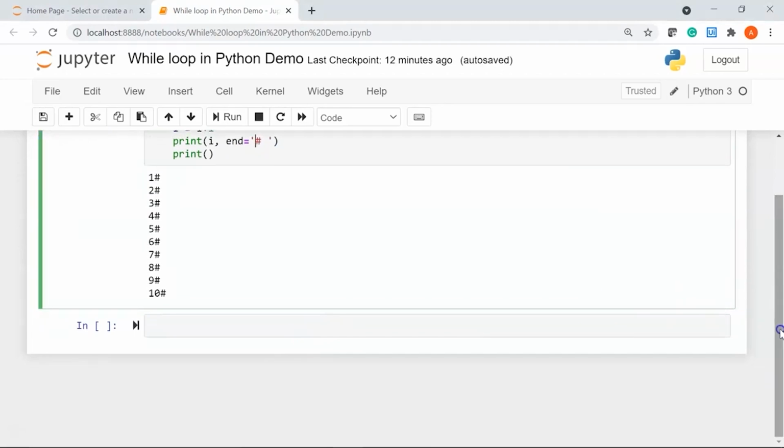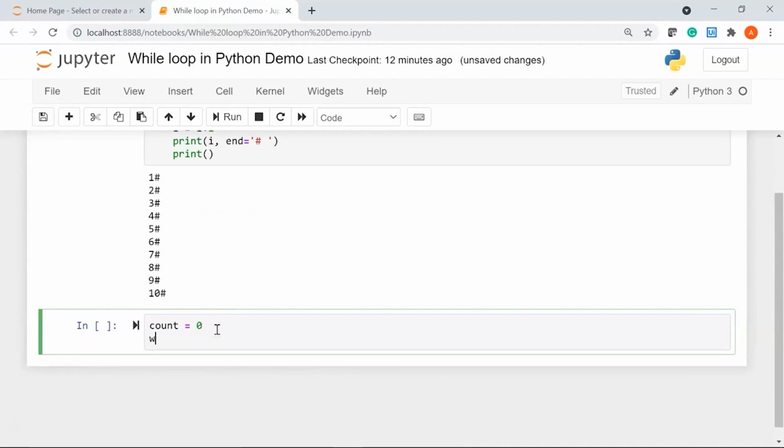Now let's move on to our next example in this video on while loop. I'll define a variable called count and assign a value 0.